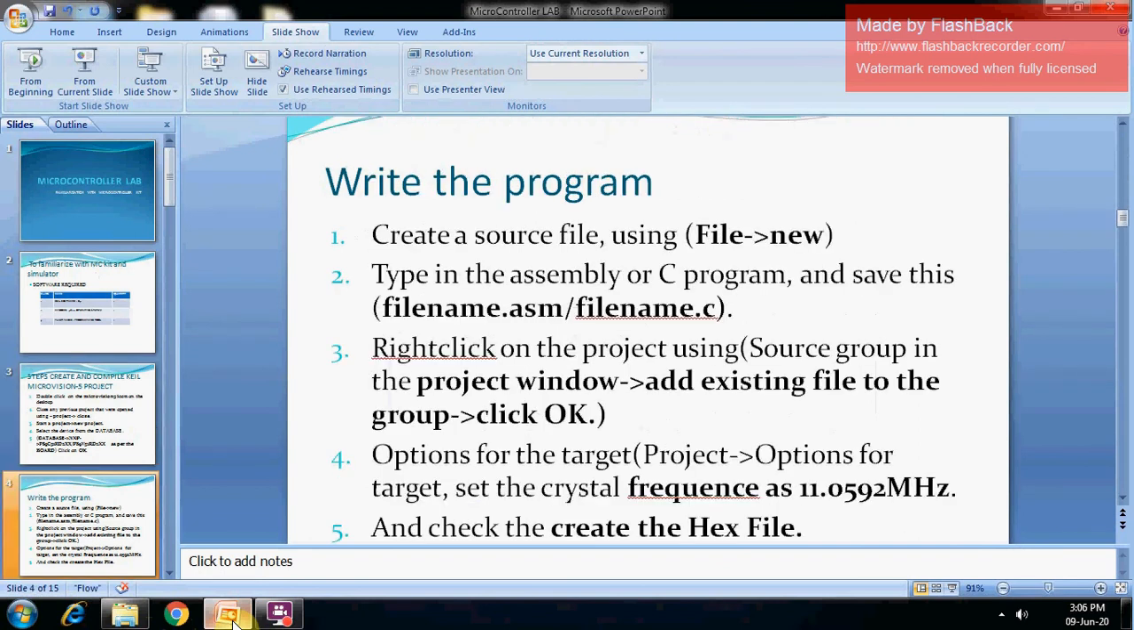Now we have to write the program. For that, go to File and New, create a new file. To write the code you can use assembly language, or you can use C programming. If you are writing a program in assembly language, you need to save the file with the extension .asm. If you are writing your program in C code, you have to save the file with the .c extension,